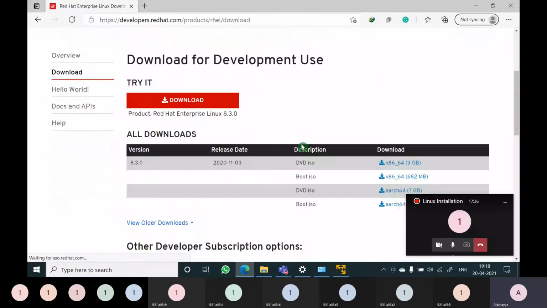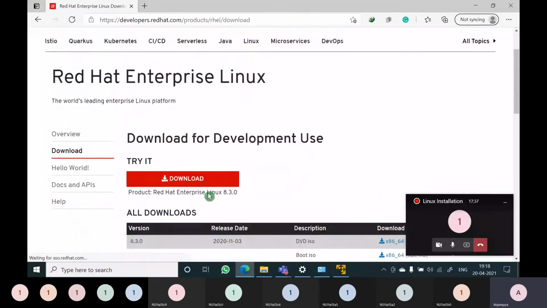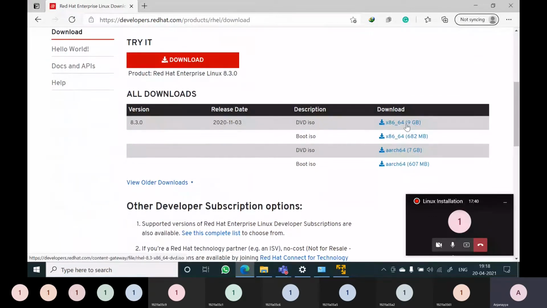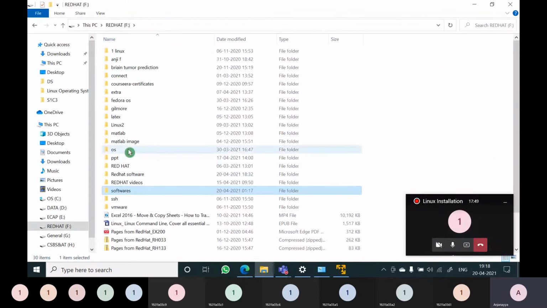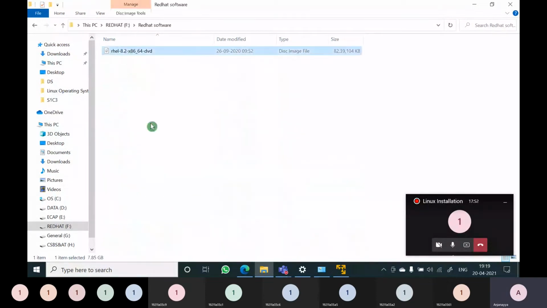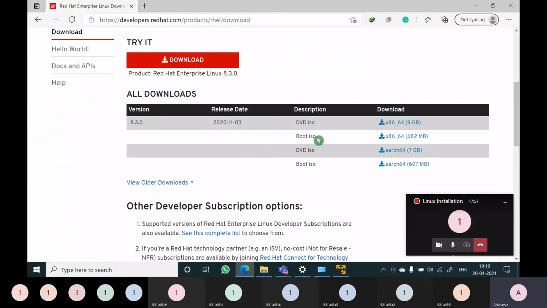You can download the latest version, the 64-bit DVD ISO file. I have already downloaded this Red Hat RHEL. I downloaded the 8.2 version earlier, and now the latest version is 8.3. You can download this RHEL file.